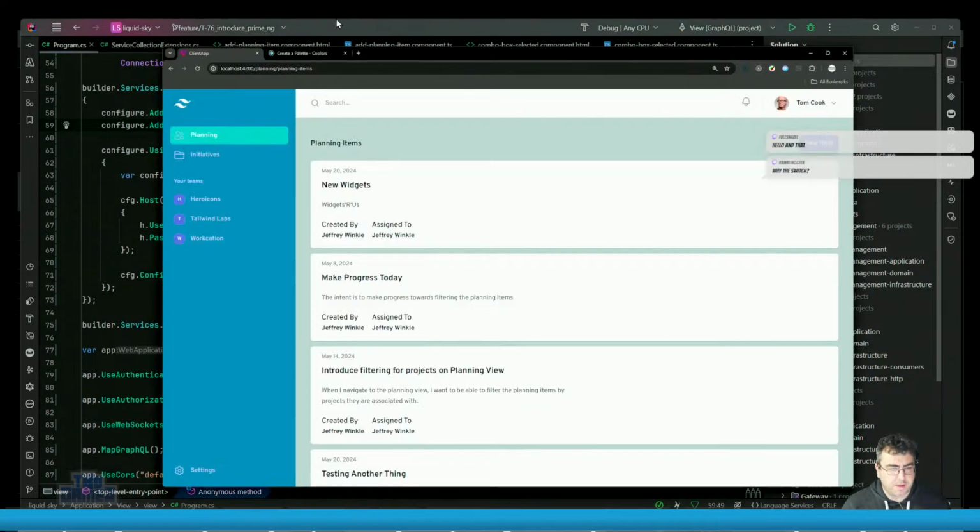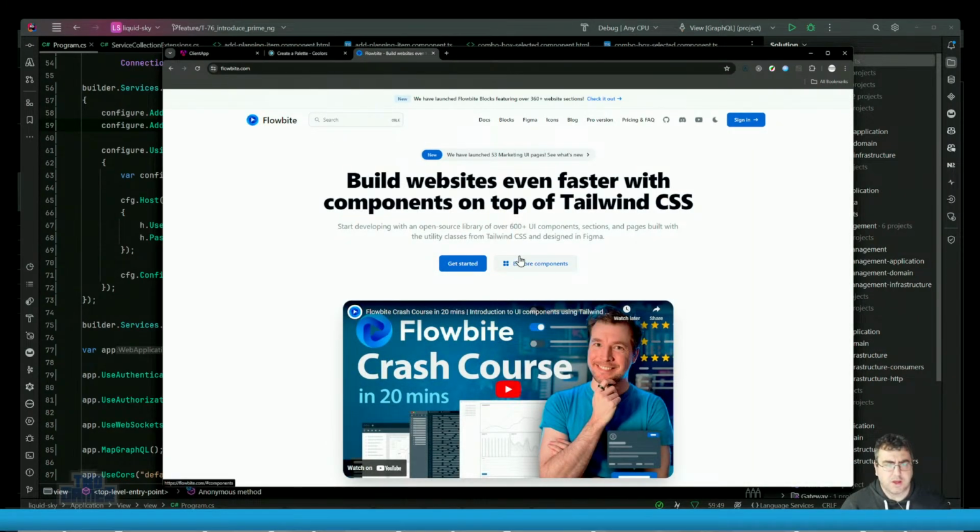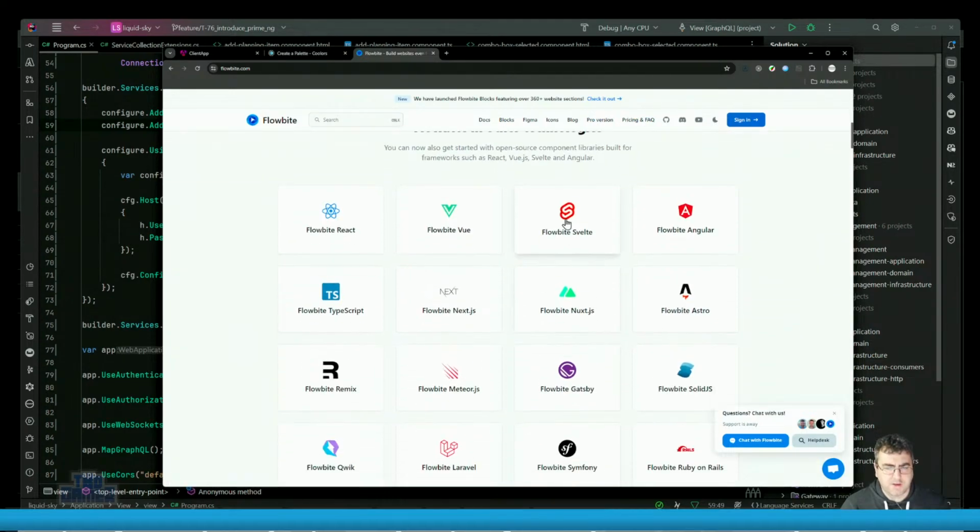So Tailwind is nice, right? I do like the design of Tailwind. I like the component. I like the general design. But the component libraries that are available within Tailwind are not as full featured as I can find. Flowbite is one of them, I think. Pro version, right? But they all kind of follow